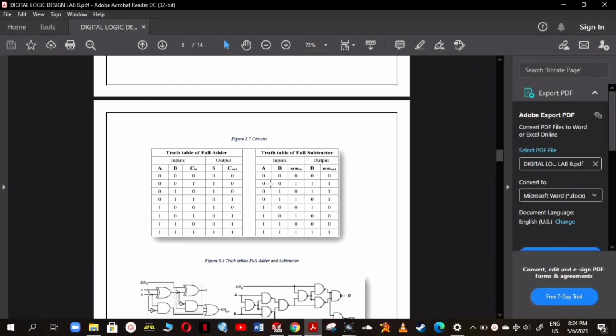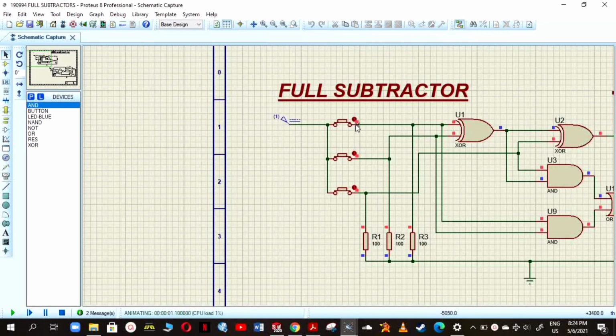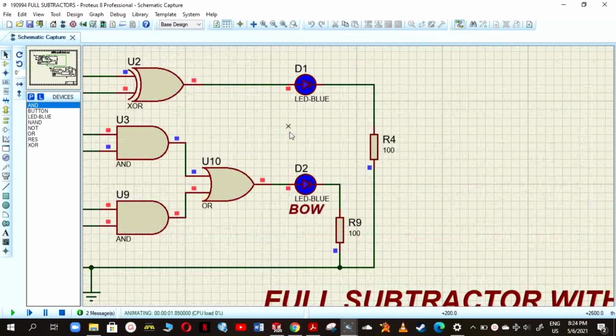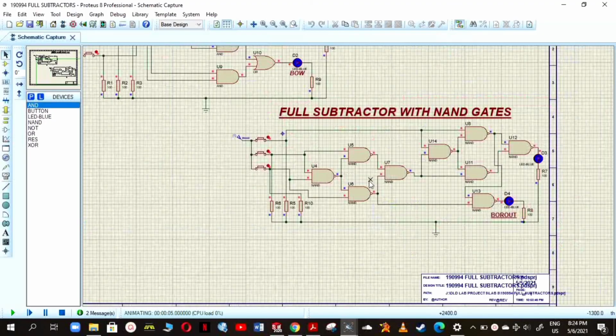It shows that if we are applying 0 on all the inputs, then we will get 0 on all the outputs. If I am applying 1 on all the inputs, then I will get 1 on all the outputs. So here you can see, we can check by running our circuit. If I'm applying 1 on all the inputs, then I will get 1 on all the outputs. If I'm applying 1 on all the inputs in this circuit, then the output is the same, outputs are also 1.